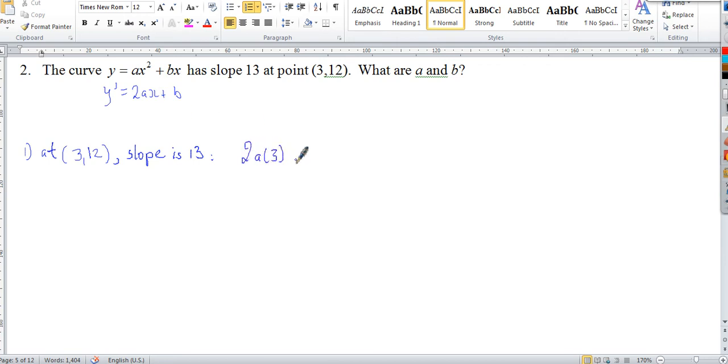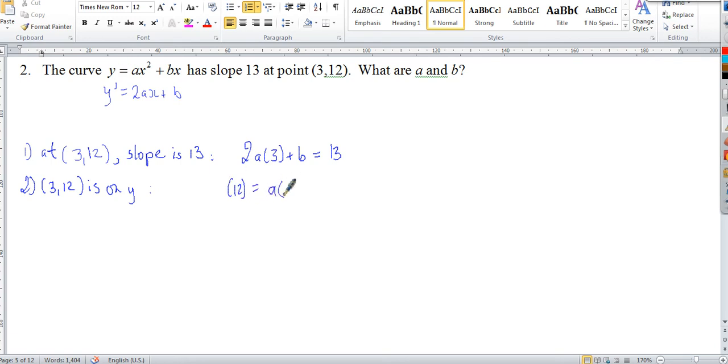2a3 plus b equals to 13. That's the first information. Let's look at the second information. I also know that the point (3, 12) is on my original curve here, is on y. And that means, well, I can substitute these coordinates in that function. That means I'm going to get 12, that's the y equals here,